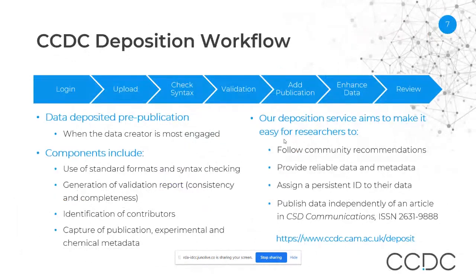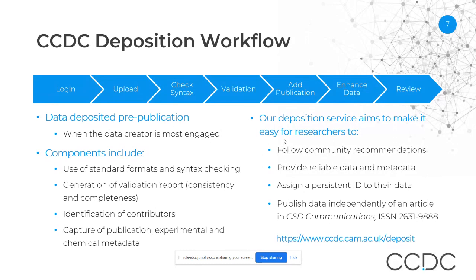So it's great to have that sort of metadata and data standards, but I think workflow is important here. One part of that is guiding the researcher through the deposition process, and this is where an organization such as CCDC can help. When someone's got a CIF, we can make sure that it's the right syntax. We can also take advantage of other services to provide some form of validation. We can make sure that we're capturing other pieces of metadata that might not be captured, like who did the experiment and whether there are any additional properties that hadn't been captured in the CIF but are caught somewhere else. And that's what we aim to do with our deposition workflow: enable researchers to easily follow these recommendations, provide reliable data, and get their data out there and published.